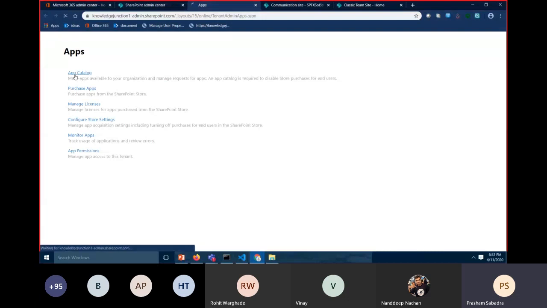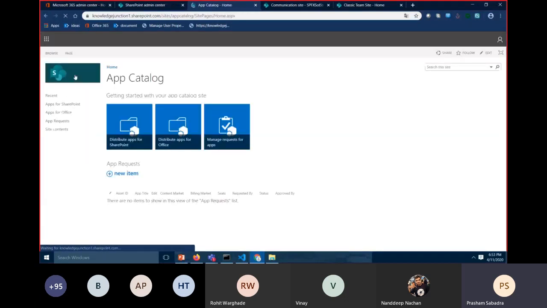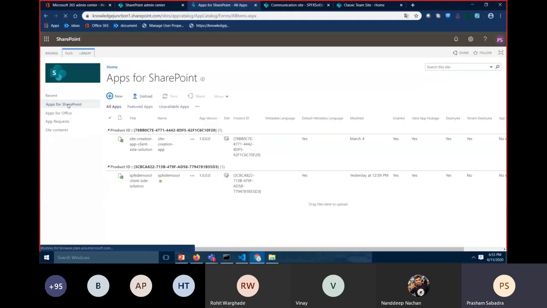Here I already created a site collection with the name app catalog. This site contains one library called Apps for SharePoint,